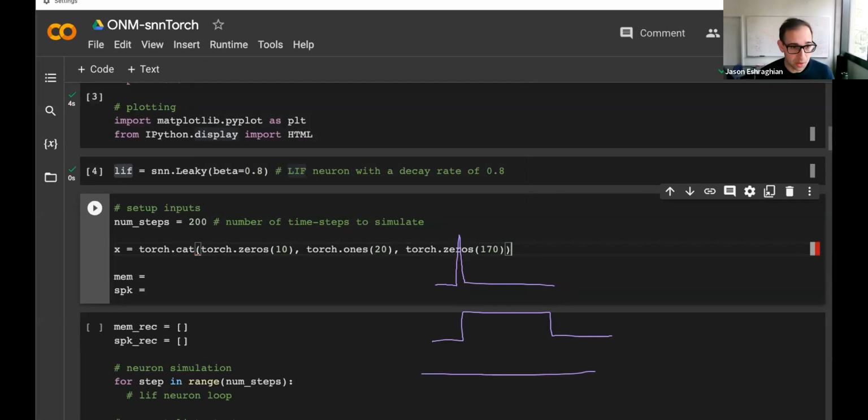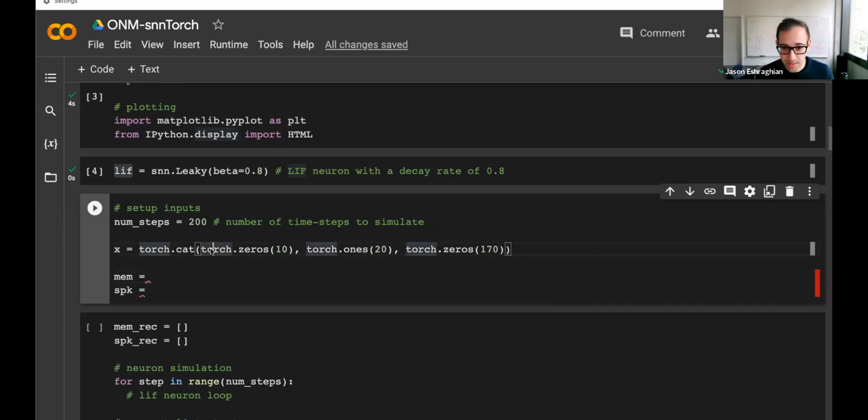Okay, so let me clear all of these drawings. Then I think this all needs to go into a tuple. So this is all combined together into one 1D tensor with zeros, ones, and zeros. Let me reduce these ones a little bit. Let's say I want a current step of 0.1 amp, so I'll just multiply the ones by 0.1.